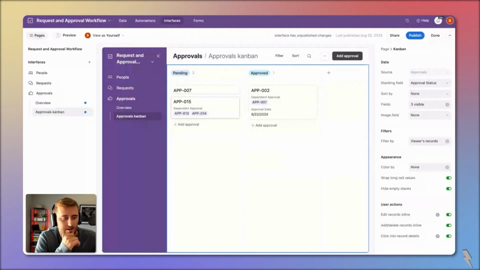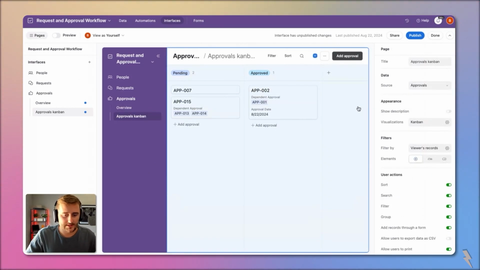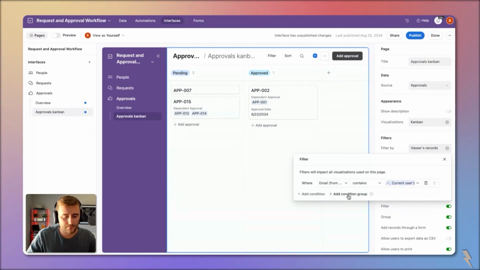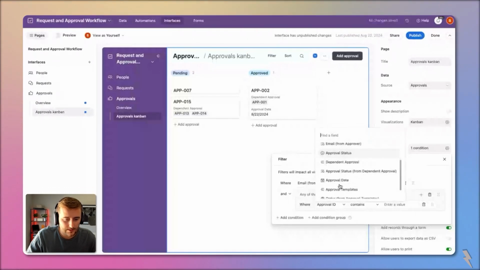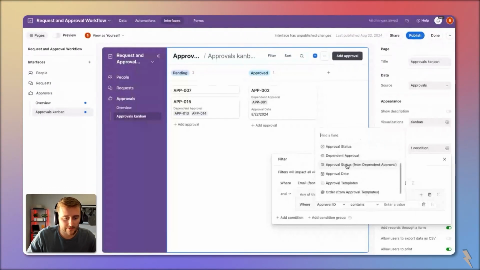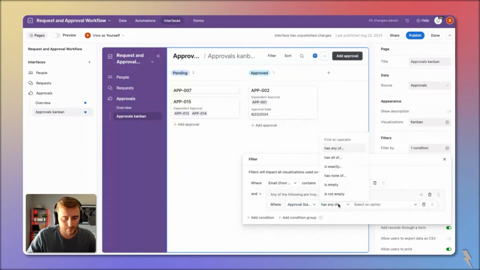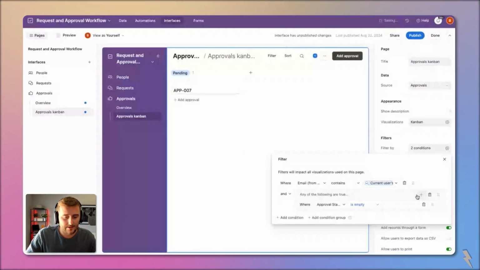Now I think I need to add another condition to each of these because I only want them seeing approvals that are ready for them to approve. I don't want to mess with an executive, like, here's an approval you may have to approve, but if the people before you don't approve it, then I don't want it to be on their plate. This is also going to tie into how the notifications work. So I'm going to add a condition group right here with a new condition where the approval status from dependent approvals, it's either empty,